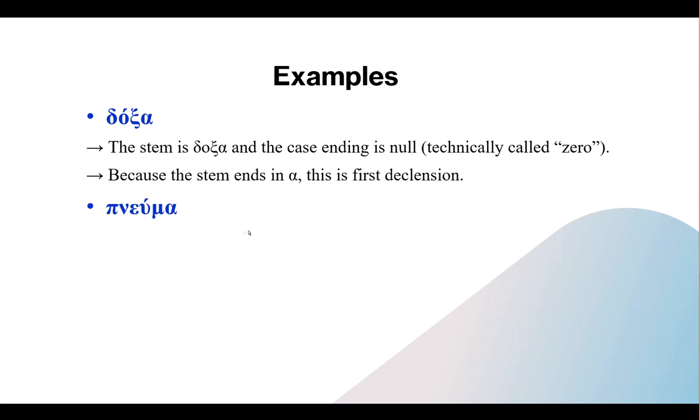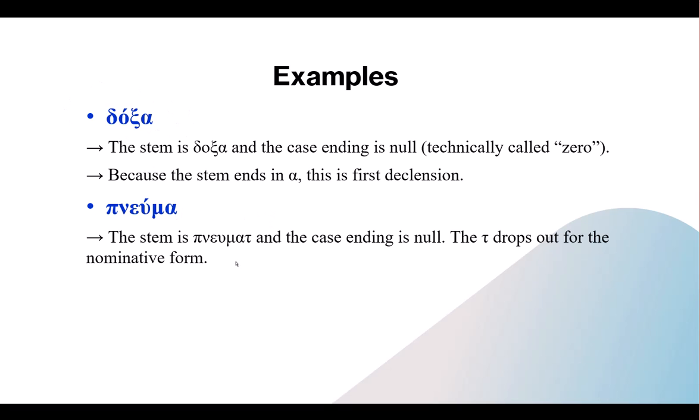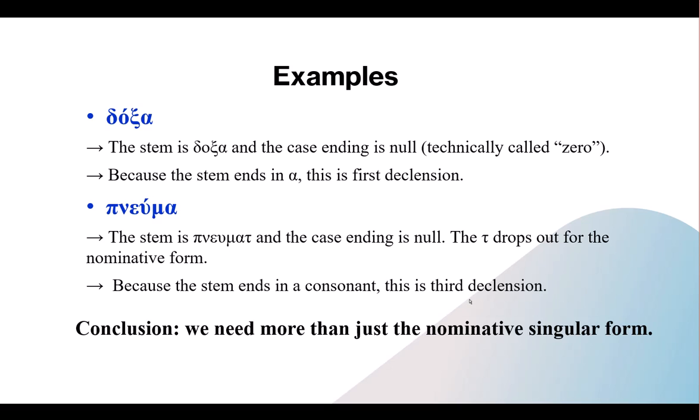Now let's take a look at pneuma. Well, notice that the nominative forms both end in alpha. But here the stem is pneumat, and the case ending is also null. Actually, the T drops out for the nominative form. Because the stem ends in a consonant, this is third declension. So we need more than just the nominative singular form to figure out what's going on with a noun and